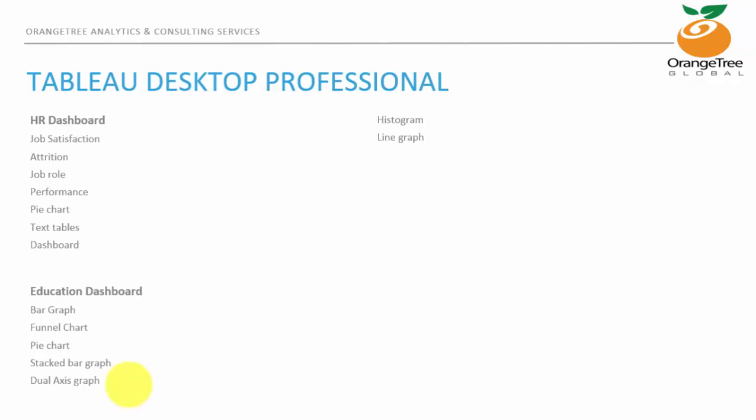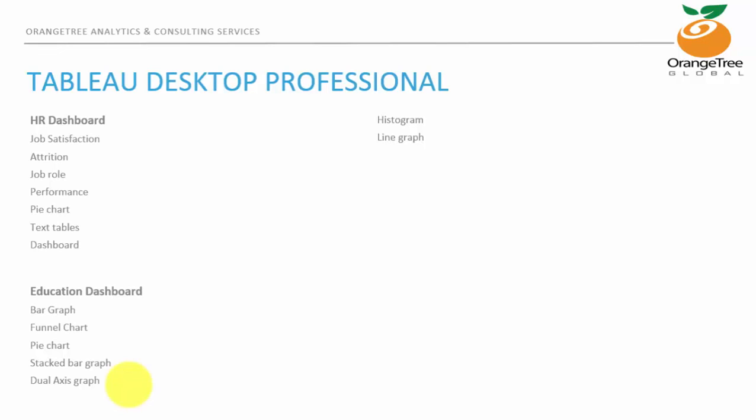Next, you have an education dashboard. Educational institutions obviously need to judge the performance of the students. The students are huge in number, as are the teachers and all the others, and how they are collectively helping your institution grow with time. All of these are very important, and since education is a very important domain with a huge number of students involved everywhere, the education dashboard is also an important domain which you need to look into in order to understand that if this is the scenario, then how should I perform, how should I make my dashboard.